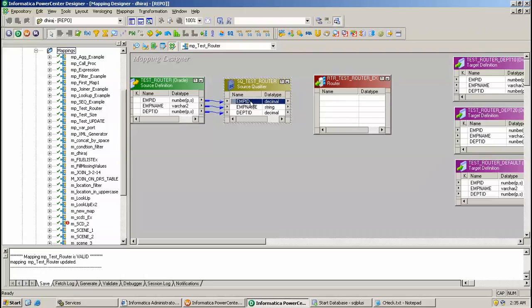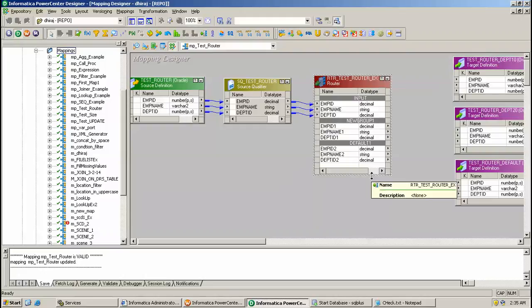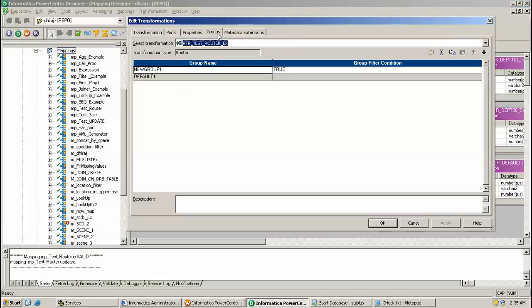You have to pass input to the router. I'm just clicking and dragging the source to the router as input. Once I do that, the group is created over here with the default group. Go to the Groups tab, and here you can specify the condition.